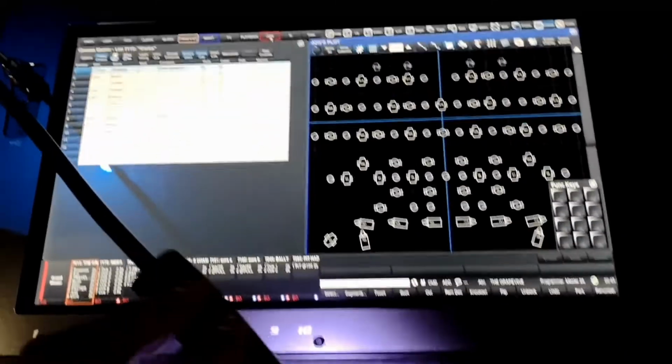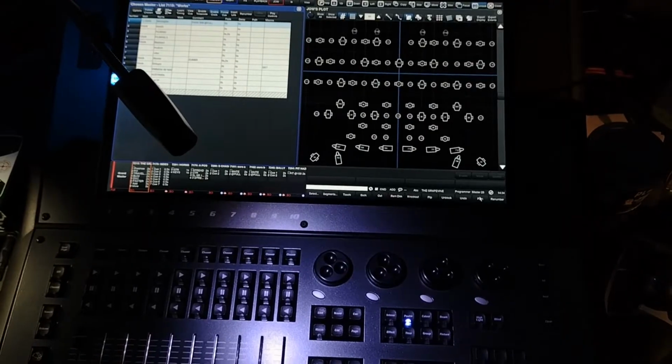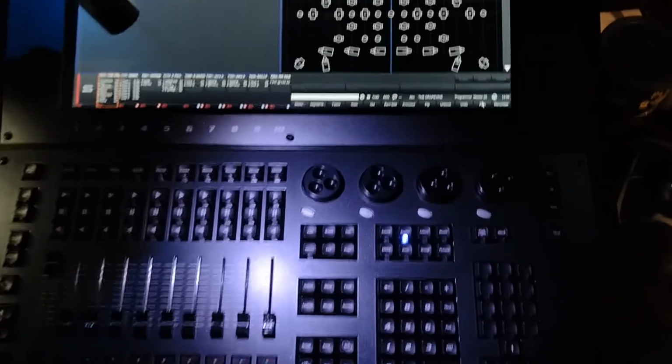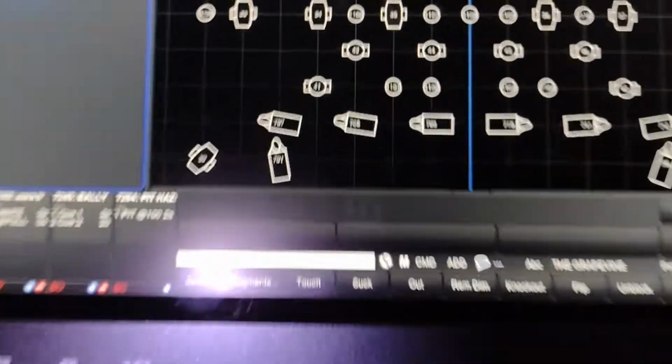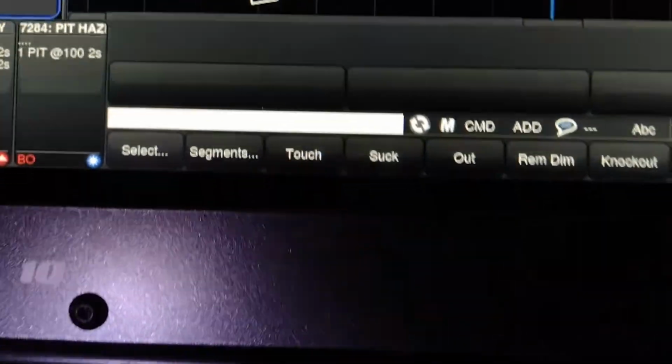Then it will automatically load up. Right there, just select the view that you want on the top of the screen like that. Now, if you want to exit from this show file and load a different show file,